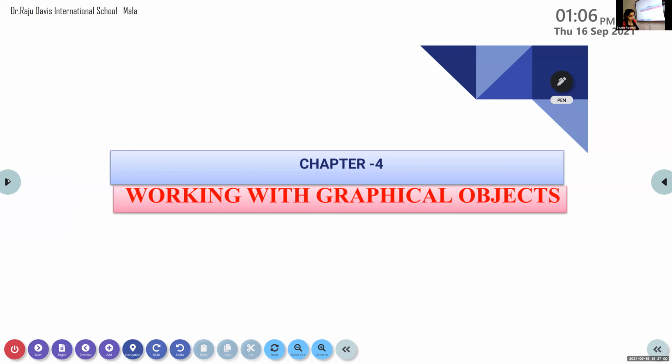In this chapter, you will be learning how we can make our presentation attractive, how we can insert our pictures, clip arts, and how we can apply a WordArt style to our document. And at last we will be learning how to insert shapes also. So this is the fourth chapter, Working with Graphical Objects.